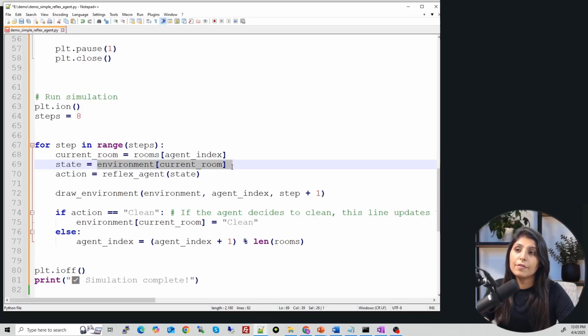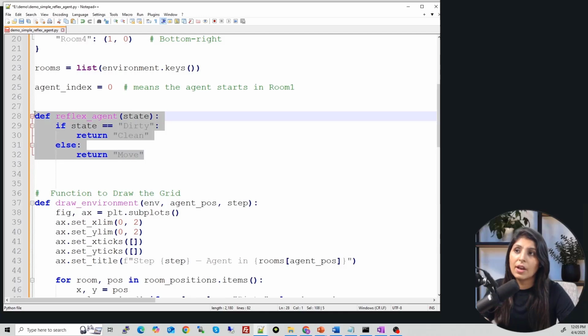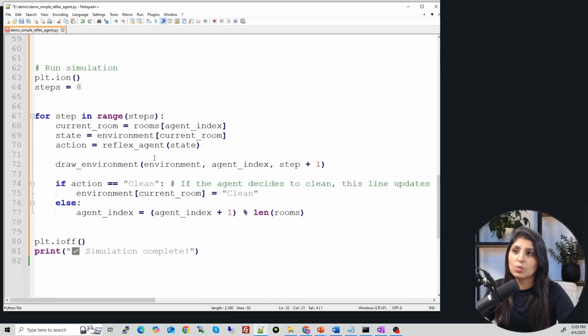State means whether the room needs to be cleaned or the agent has to move to the next room. For the action, we are calling the reflex agent function, which we have defined here. If the room is dirty, this function will clean the room, otherwise it will move to the next room.